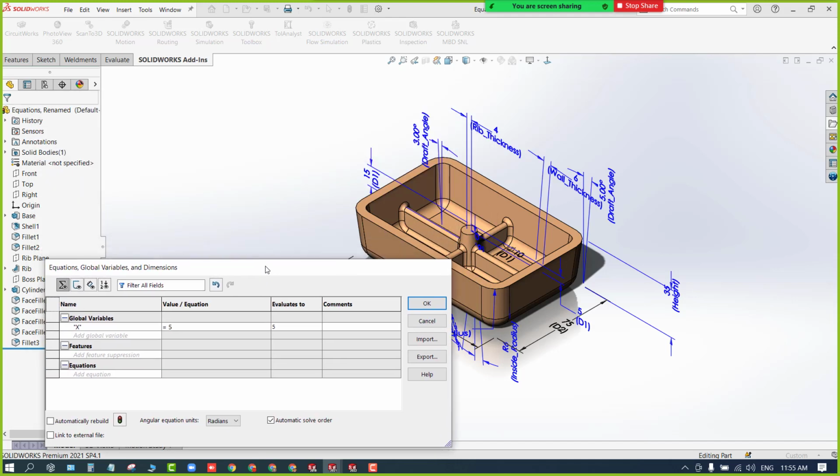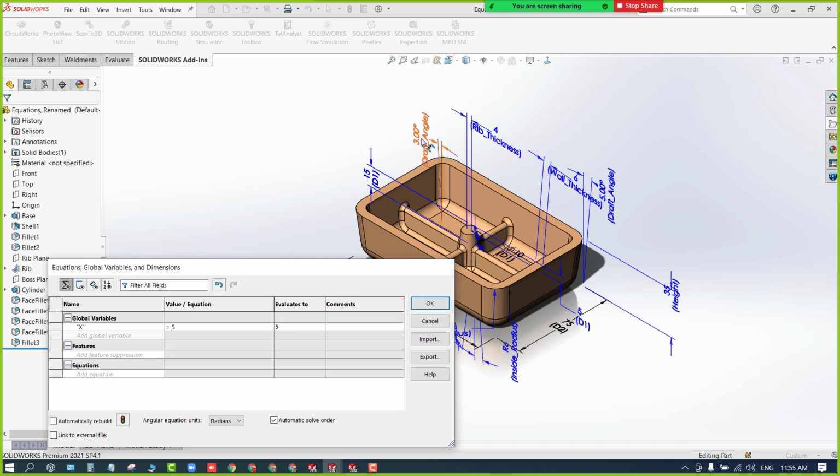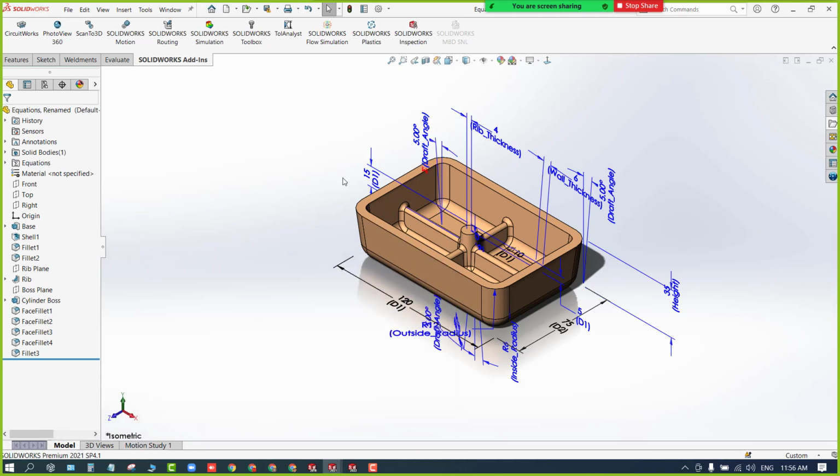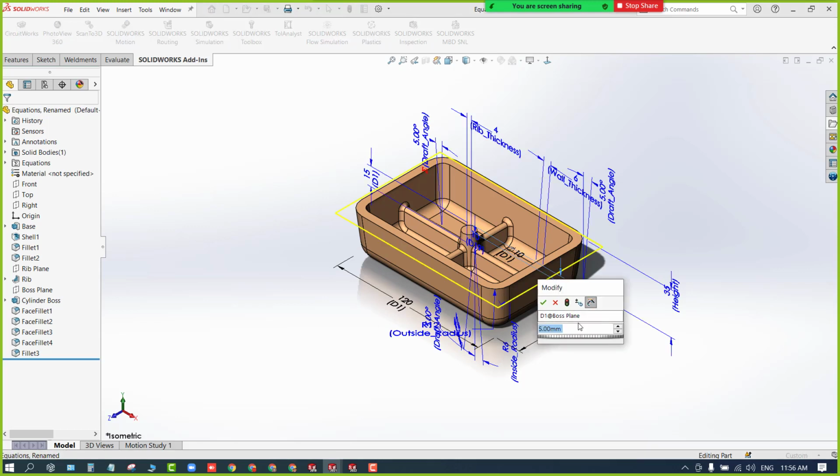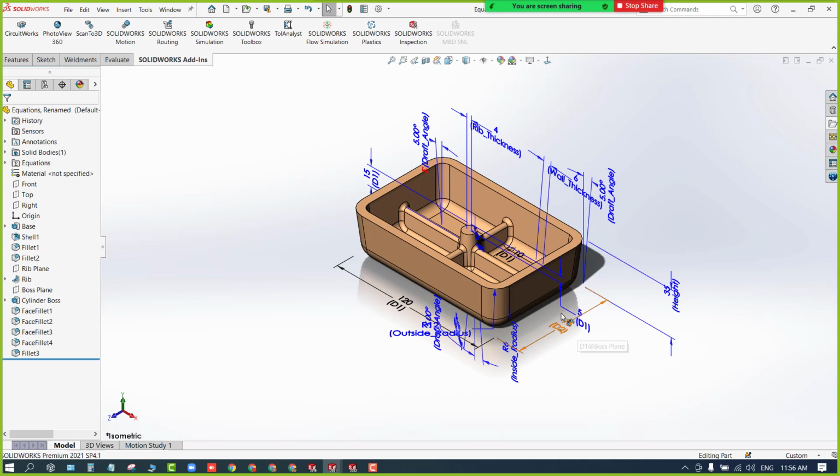Now from here only you can change it. Let's say I want to change this one. You can click on this equation tab and select this, and from here you can change it to global variable 5. Now it is 3 here, you can see 3 degrees. If I just click on OK, this will change accordingly to 5, and the equation symbol got added. Got it? Otherwise you can do like this. You can simply double click on this, press equals to, and directly you can change like this. Okay, shortcut.